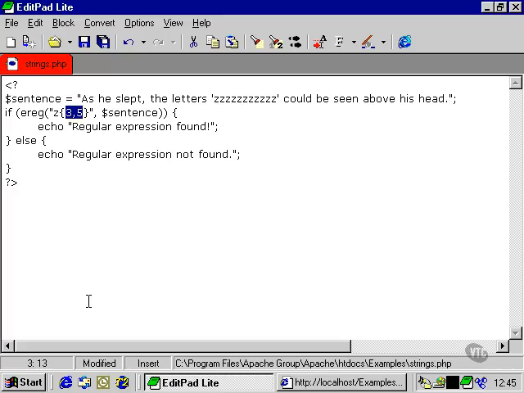Let's take a slightly more complex example. And we're going to test this time for the evil laughter represented by MUWA, and then as many HAs as we want for good measure. A minimum of 2. Now let's take a look at the way this works. This looks a little bit complicated. What we're saying is we want to see this part of the regular expression somewhere in the string, immediately followed by these 2 letters, and we've put them inside the normal brackets,